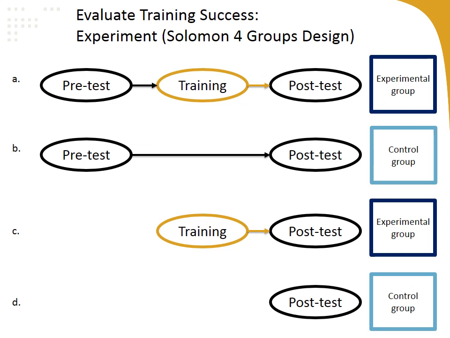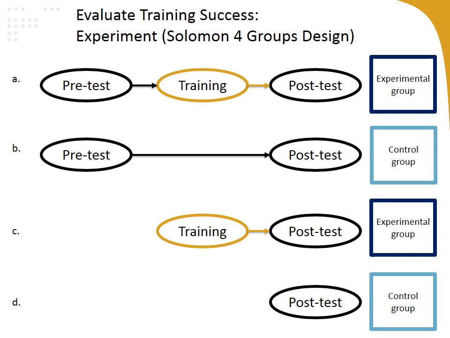So for randomization, that just really means that participants, or trainees, must be randomly selected from all employees and randomly assigned to different groups. And these groups must differ based on the different levels of the independent variable, or in this case, the different types of training. Then manipulation just gets at the fact that a third party or a trainer must be in control of the training. So the experimenter is manipulating the independent variable, right?